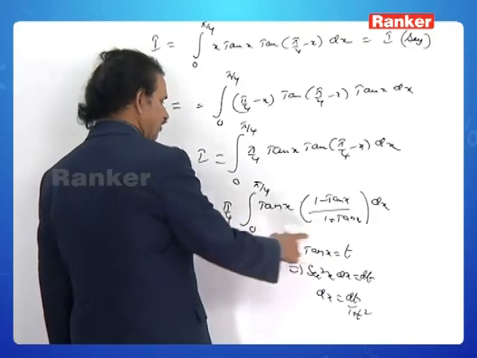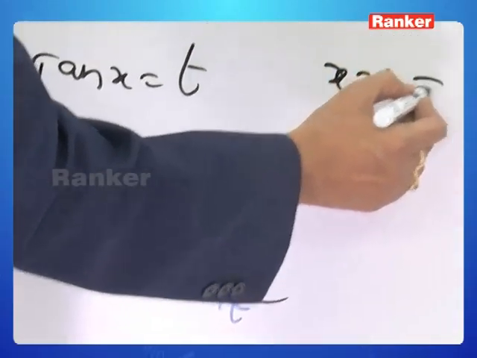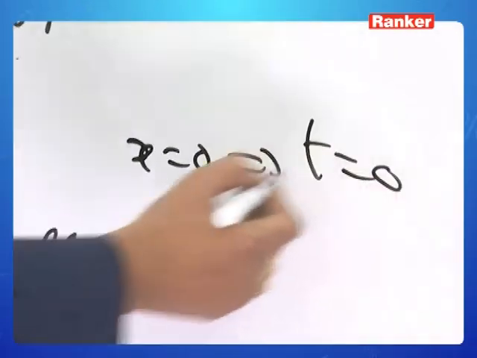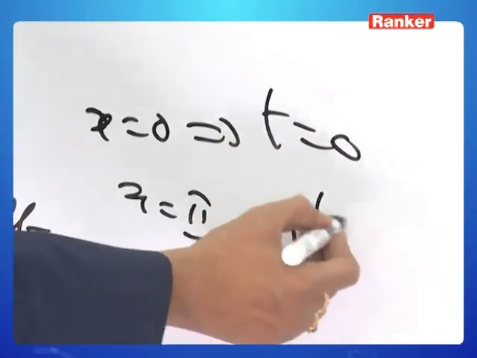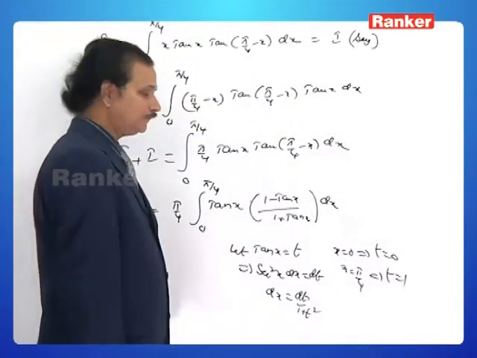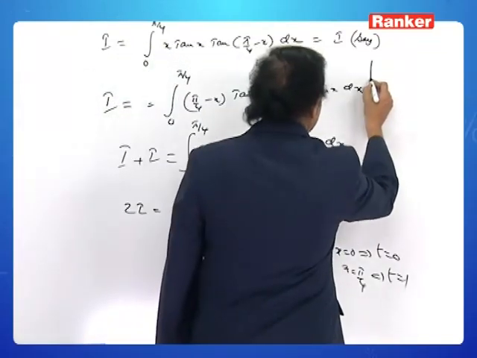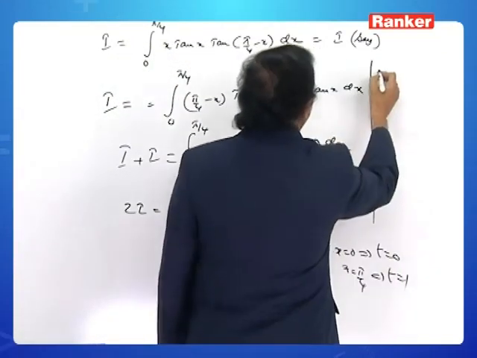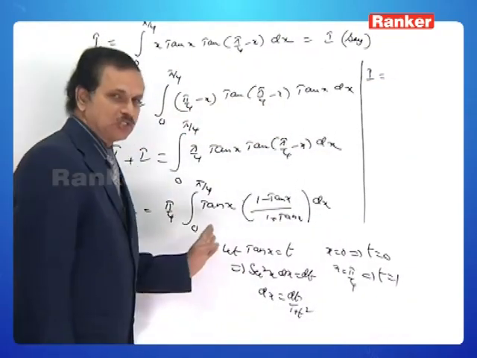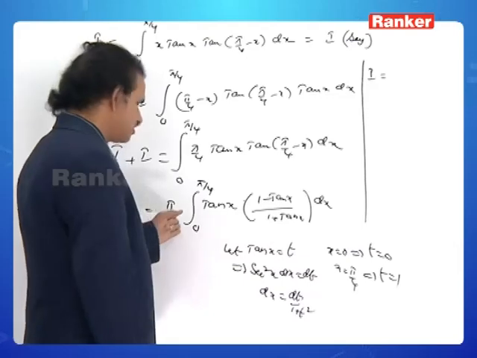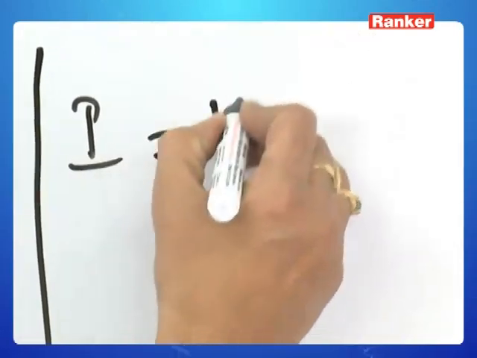Moreover, limits will also be changed. If x is 0, t is 0. If x is pi by 4, t is tan pi by 4, which is 1. Keeping these points in view, what is the answer for I? 2I is equal to pi by 4 into the integral. You send the 2 to this side, what happens? I is equal to pi by 8 into,